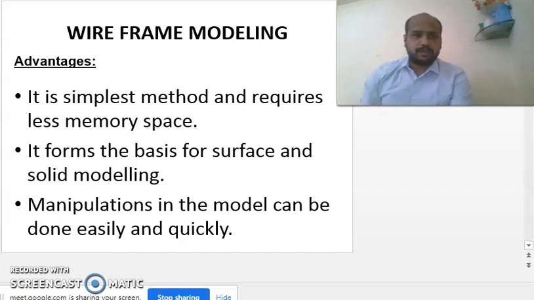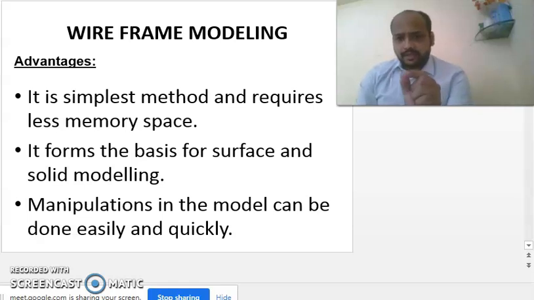Now first of all, let us see what is this wireframe model. Wireframe model, I will simply define it as it is generated with the help of points and curves. There is no surface in the wireframe model, there is no solid in the wireframe model.